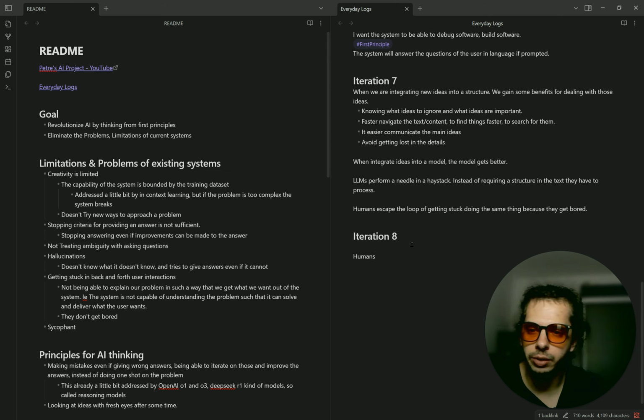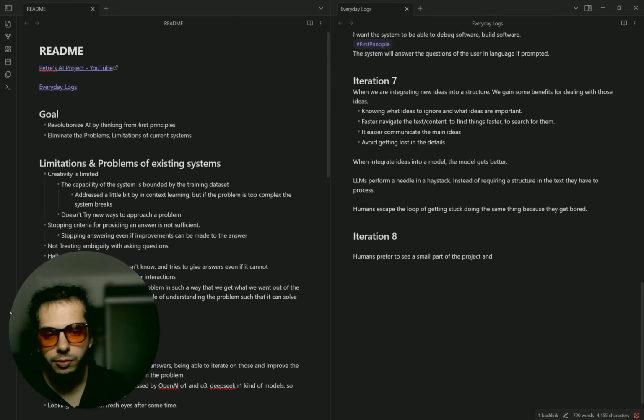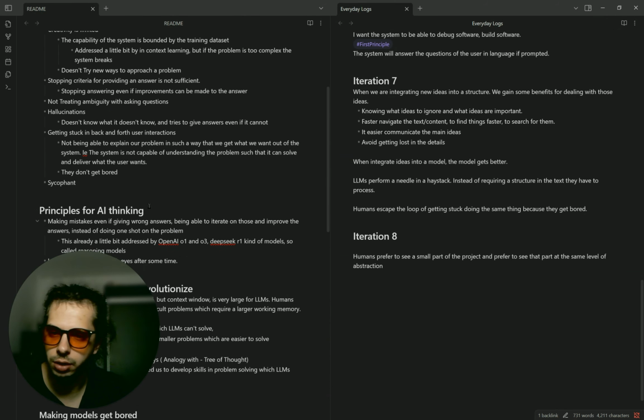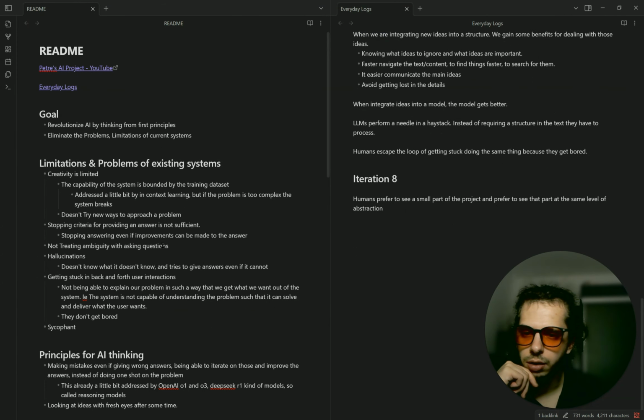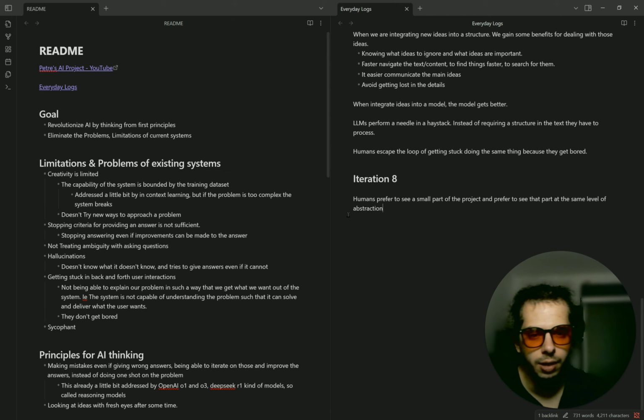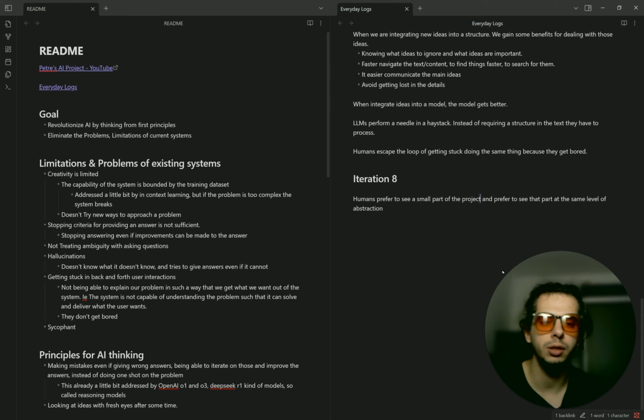that humans prefer to see a small part of the project, and prefer to see that part at the same level of abstraction. If I keep adding things under each of those categories, they will be like lower levels of abstraction in my thinking, like in software development. So we will split those into separate files and connect them if necessary. Until then, we will keep adding the ideas here, but I think this is an interesting thing: that humans prefer to see a small part of the project, or